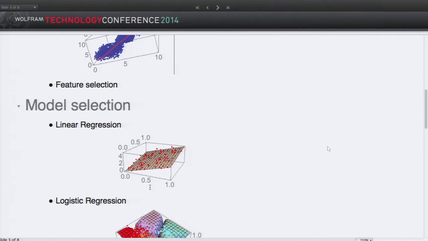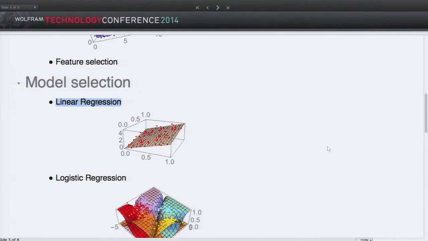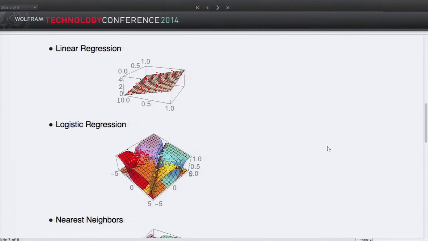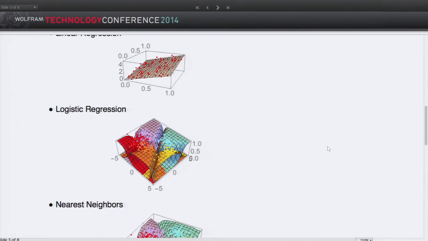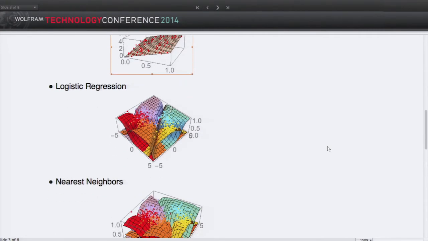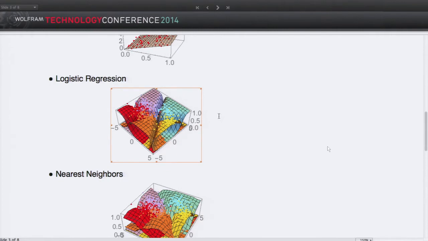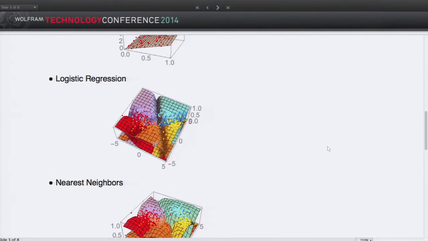So the model selection will be automatic as well. Here are some examples of models that are in classify and predict. Some you might know, simple models that come from statistics, such as linear regression. It is used for predict. And it predicts the value with a linear combination of the features. Logistic regression, that is for classifying, where this time it's still a linear combination of features. It's a bit the same as linear regression, but for classify. But they are wrapped in logistic functions to make it a probability. Here you can see the probability distribution of each